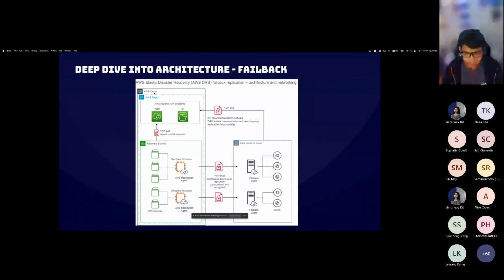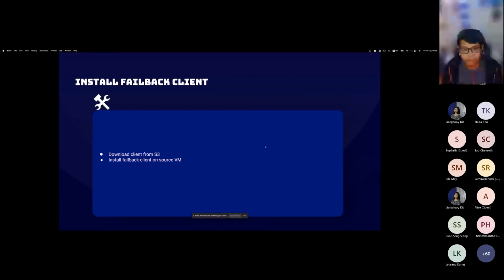Okay, this diagram shows that we are running our application in the disaster recovery environment, but everything is back to normal at our on-premise data center. So we have to fail back to the on-premise data center. For the failback, we have to install the failback client also,